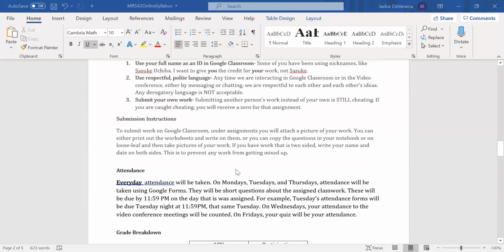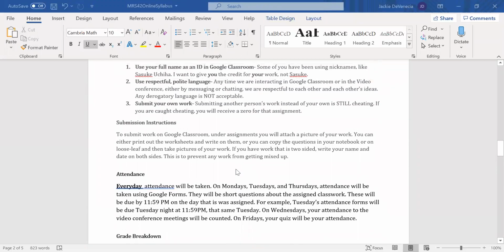Okay. Attendance. So attendance needs to be taken every day. I'm going to use Google Forms as your attendance check-ins. These will usually be questions like write your name, and then maybe a funny question, like share a funny video, share a funny meme, or rate your understanding of the material. Those will be the types of questions I'll be using in the attendance Google Form check-ins. Now, to give you some leeway, I will be checking these attendance forms. They need to be done by 11:59 p.m. of that day.